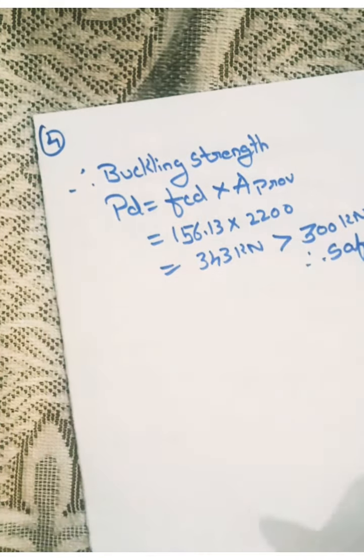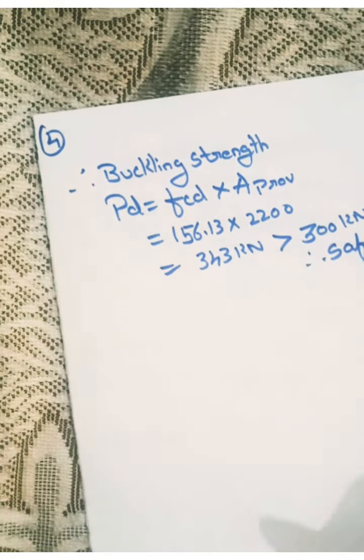So the design is over now. The load was 343 kilonewton, which was greater than 300 kilonewton, so it was safe. Now we need to provide the connection. When we are designing, that means we need to provide the connection. There are also problems in which the sections, that is the angles or I sections, will be given to you along with connection details. In that case, they will ask you to find its capacity. That is, you have to find only till PD, that is design compressive strength, FCD into area provided. If they ask you to design, in that case you have to check whether it is safe or not. After that you also need to provide the connections.